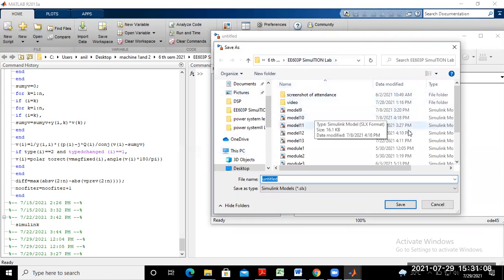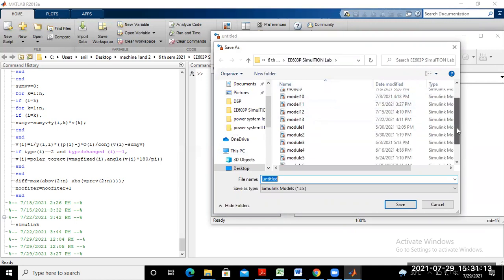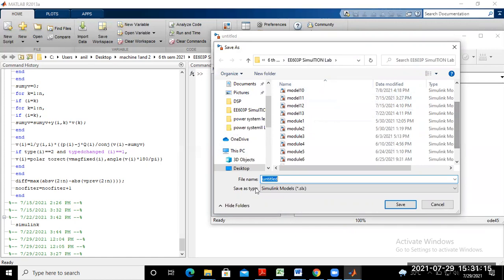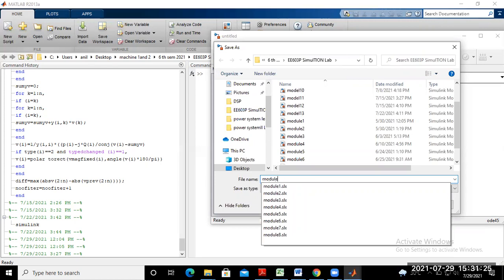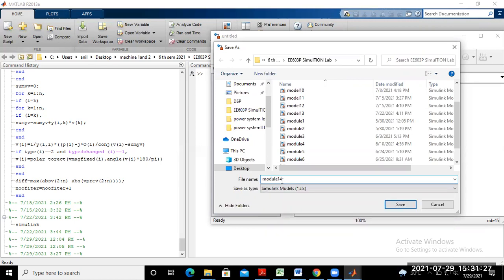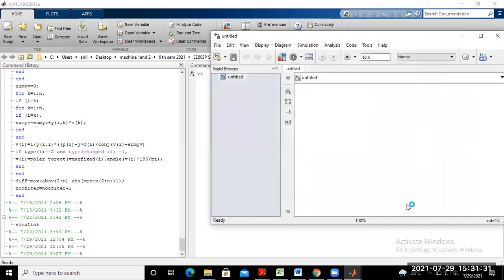In the Simulink lab folder we have already simulated some models, that means 1 to 13. So you may name this one model number 14. Okay, and save. So this model is saved in the folder with the name model 14.